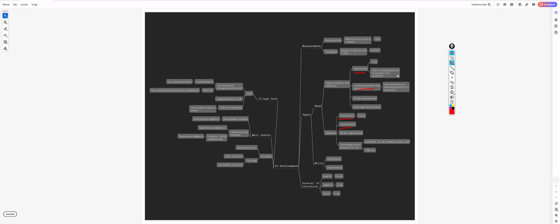What is synchronous? Synchronous means wait for an acknowledgement of an IO completion, and asynchronous means does not wait for an acknowledgement of IO completion. So say for example, if there is a block in the disk, and the server process is trying to read this block, so it is issuing an IO. If it is a synchronous IO, then until this particular block is read, the server process will not go to the next